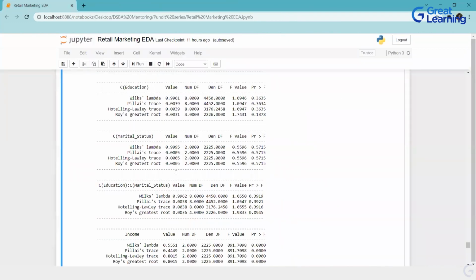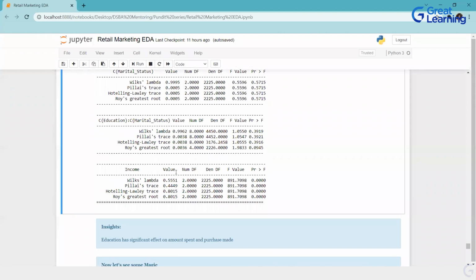Okay, now I'm going to show you some magic. How many of you feel the pain of coding this much in Python for EDA at least? How many of you feel that, no, I don't want to do it, or it is too much? Or how many of you are from the management side or new to Python? New to Python, that's all fine, guys.